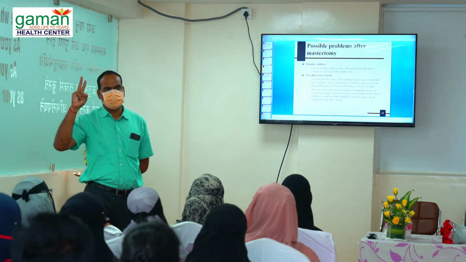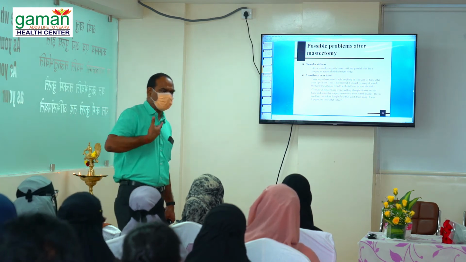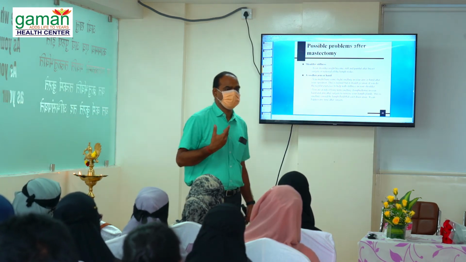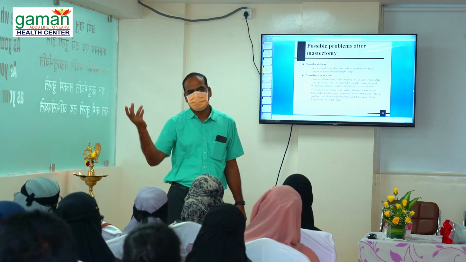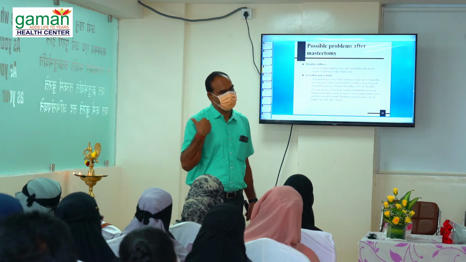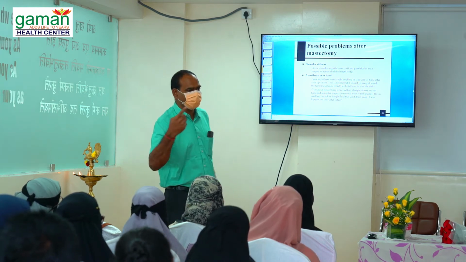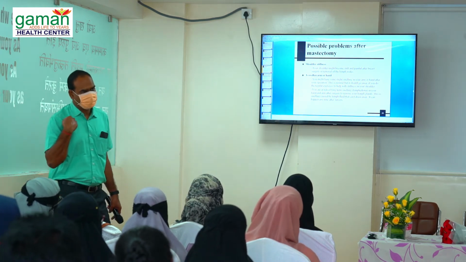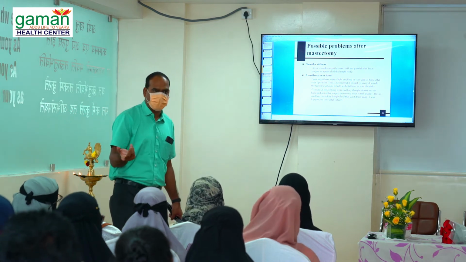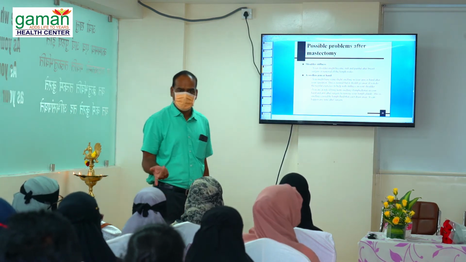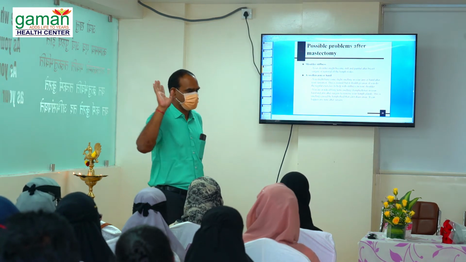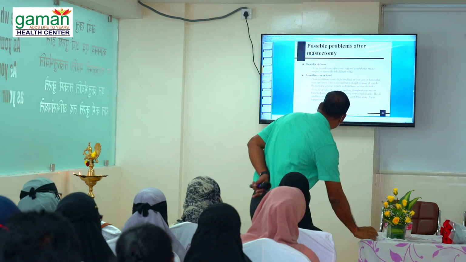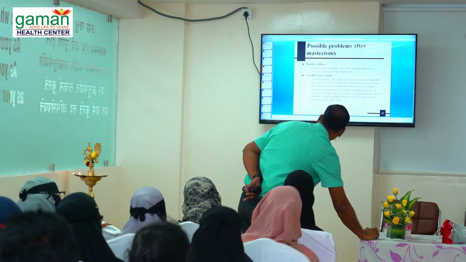Two most common complications. Why? Because of the suture line, the patient will not do range of motion exercises for the shoulder joint for 10 days or sometimes 15 days. Because of that, shoulder joint stiffness will develop. Okay, so you have to take care of the shoulder joint stiffness. Then lymphedema also, because of involvement of some part of the lymph. These are the two most common complications for any mastectomy patient. Okay, so some of the exercises for shoulder joint I will show you in pictures.